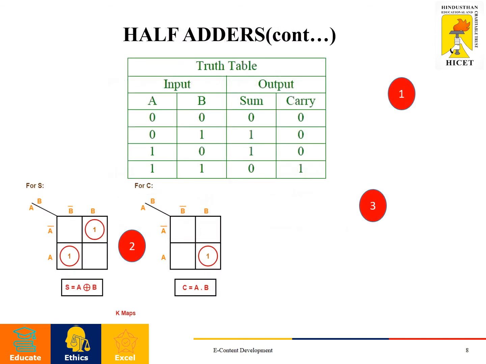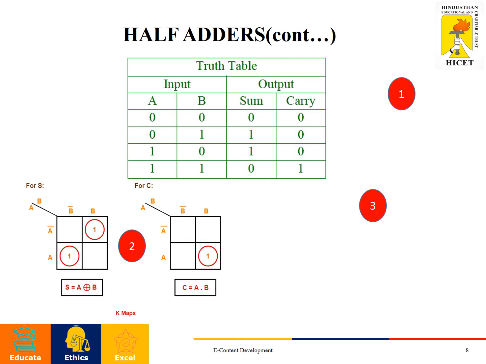First thing, for designing half adders, we need to represent it in a truth table format. This is step 1, that is to write the truth table of the half adder. Since this half adder has two inputs, namely A and B, 4 combinations are possible. As we said earlier, if the input is n, then 2 power n combinations are possible. Similarly, for a half adder, 2 inputs are present, so 4 possible combinations are given here, namely 00, 01, 10 and 11. And the outputs are represented as sum and carry.